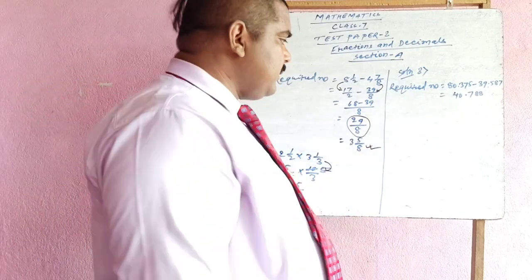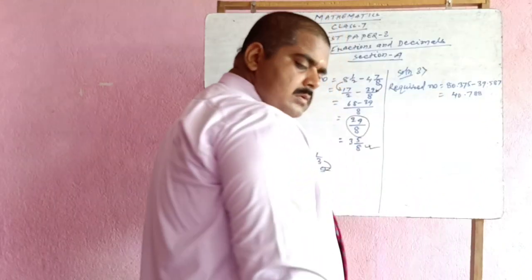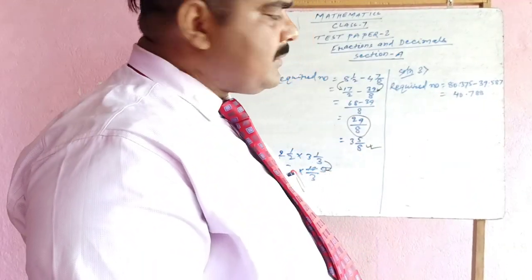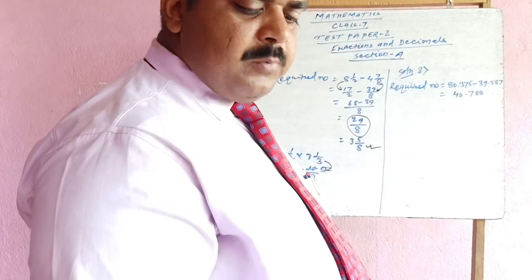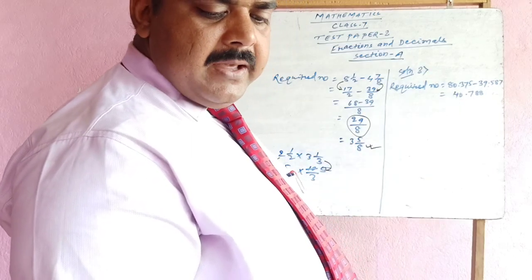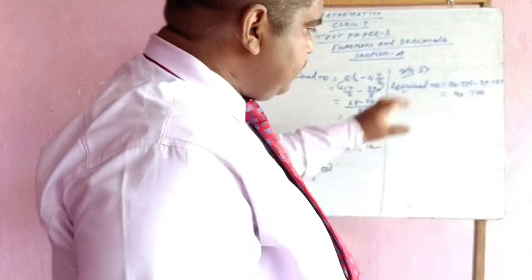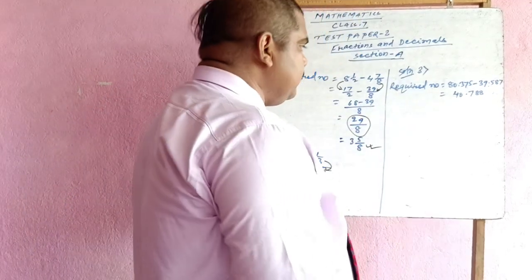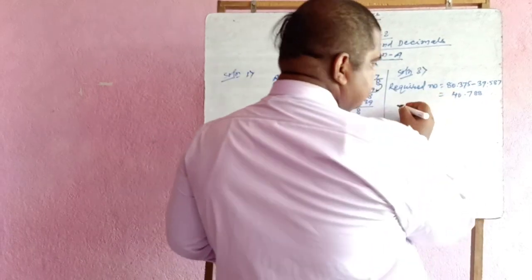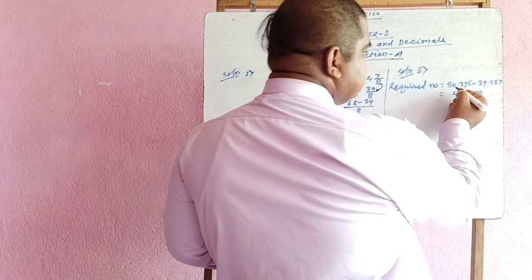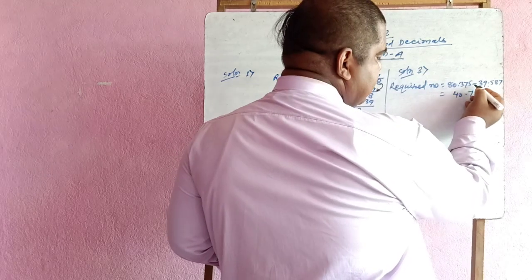In the third question, you are asked what should be added to 39.587 to give 80.375. For the solution you need to solve by this technique. Required number is equal to 80.375 minus